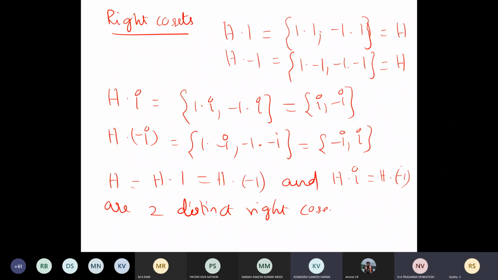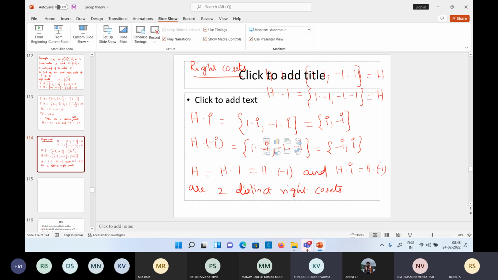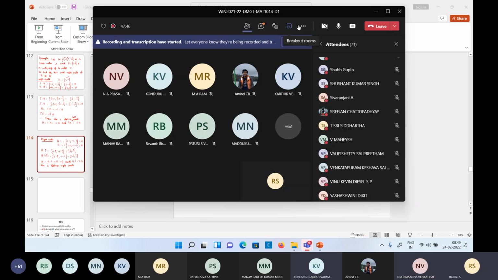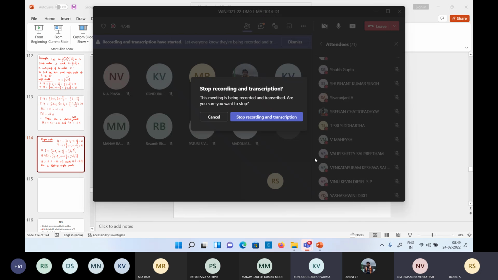Okay, you observe that here left cosets and right cosets are same, but it need not be the same in every case. So in which case won't it be the same? Why are they same here? This is your question. I have posted you this question. If you can answer today, now itself you can answer. Otherwise, you think and tell me tomorrow. Why here it is same, but it is not